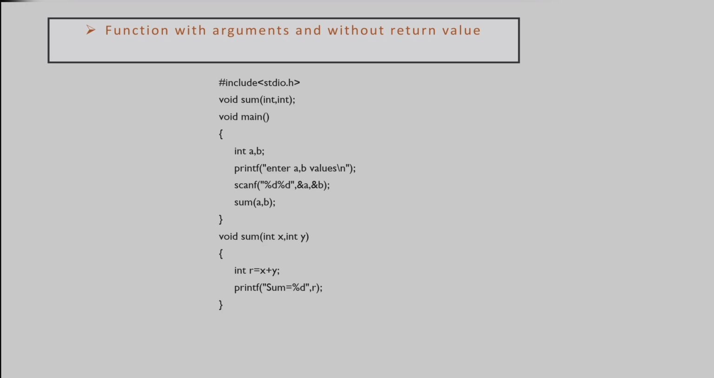Next void main and open parenthesis, and here you will declare two integer values a comma b, and you will give printf and scanf statements, and here you will call the sum a comma b, which are the actual parameters. And from the definition, that is void sum int comma int, you will declare again two parameters, that is int x comma y. Here x comma y stores the value of a comma b, and again you will open parenthesis